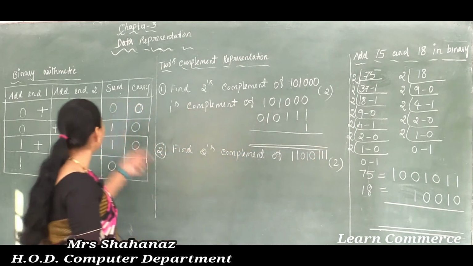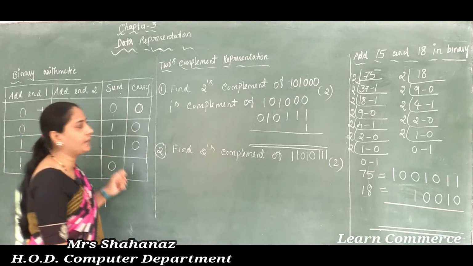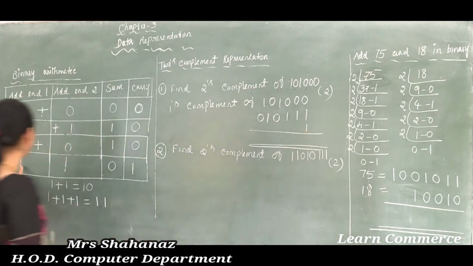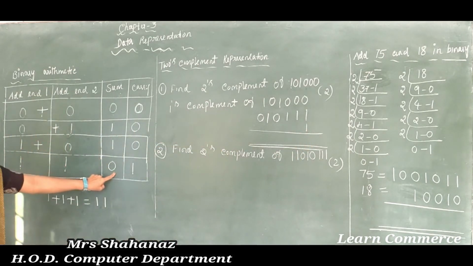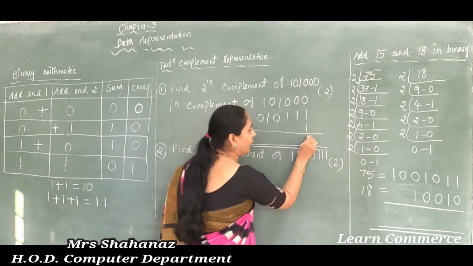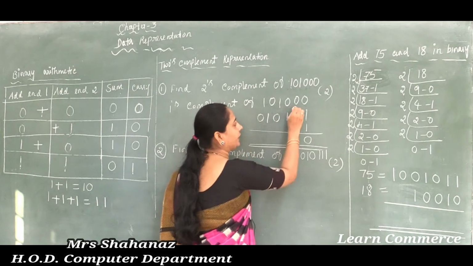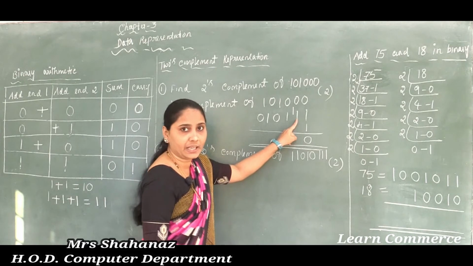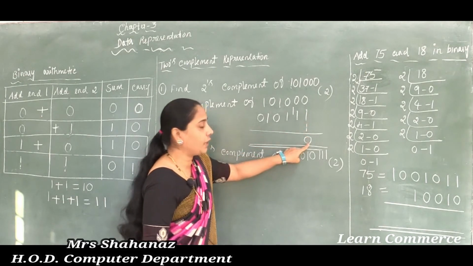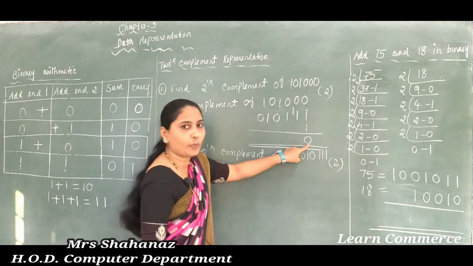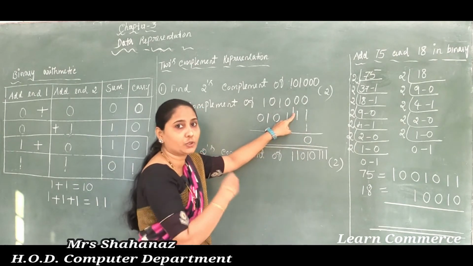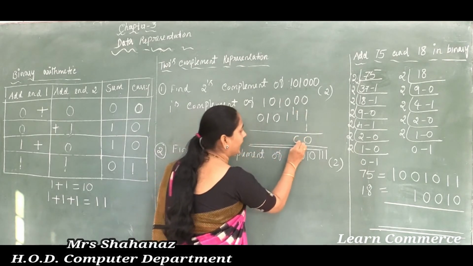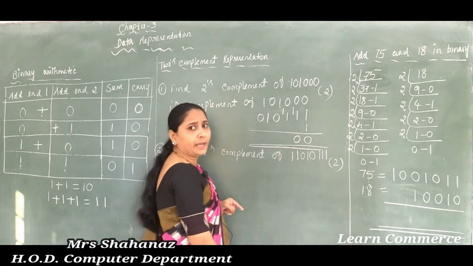We already know how we need to add by using binary arithmetic. So 1 plus 1, I already wrote, the value is 10. That means I am going to write 0 here, and take 1 to the next place as a carry. Clear this point here? 1 plus 1 is actually 10, but I write 0 and take the 1 value to the next place. Again 1 plus 1 is 10, and again I take the 1 to the next place.